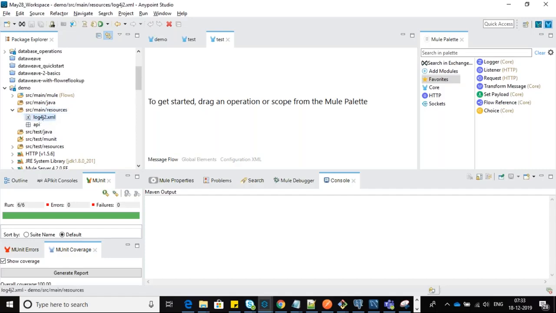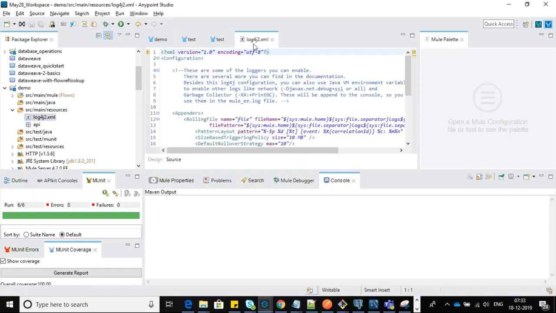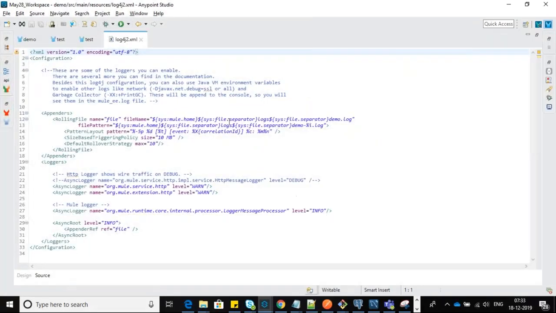Apart from that, there is a log4j.xml, you can see it here. Specific to the logging mechanism, you don't need to add any dependency for that, guys. Usually, for any technology, we have to add the log4j dependency. Here, the log4j dependency is already embedded. So whatever you want to do, you can enhance it here.